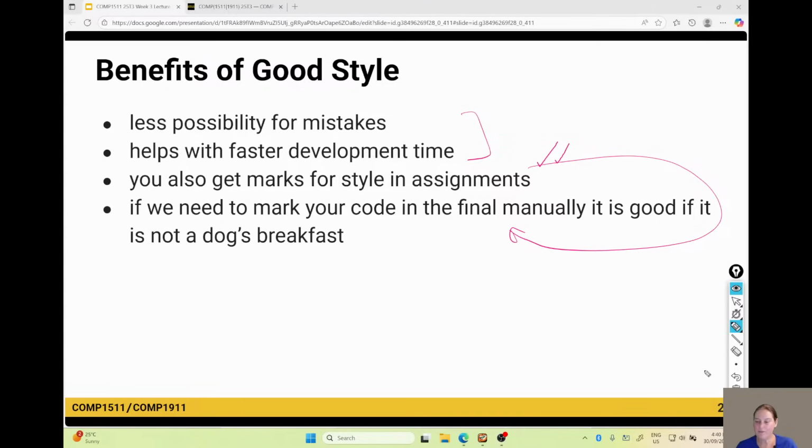Now, it's going to be hard for us to do that if your style's really, really bad and you've called your variables A, B, C, D, E, F, G. We might not realize that you've actually done something really good in there. Just like when I used to do my maths exams, I would just scribble. It would be so horrific. Yeah, it would have been very hard for them to mark it.